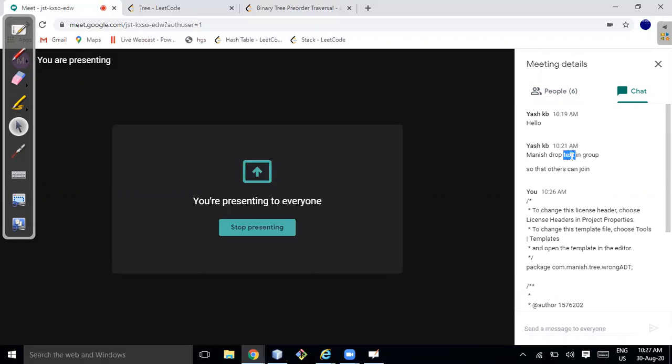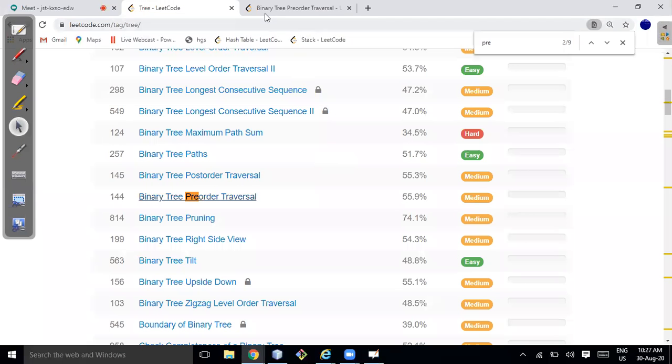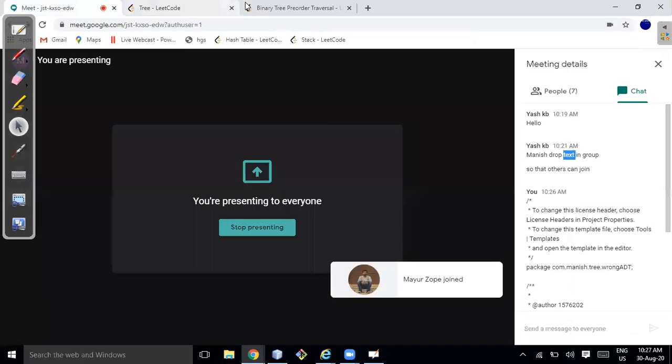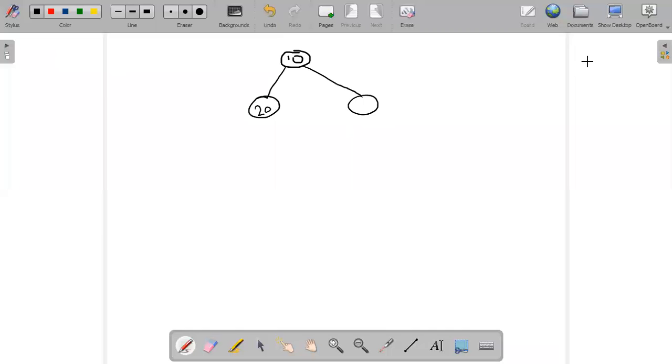Okay, so coming to the board. The structure I have to create is, let's say this is 10. This is having 2 children, one is 20, one is 30.